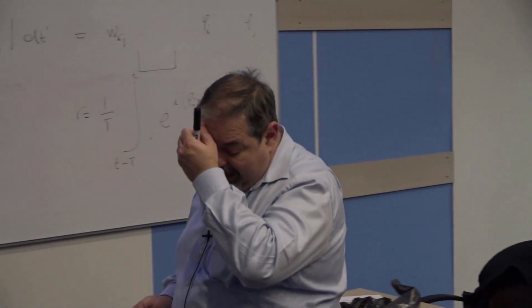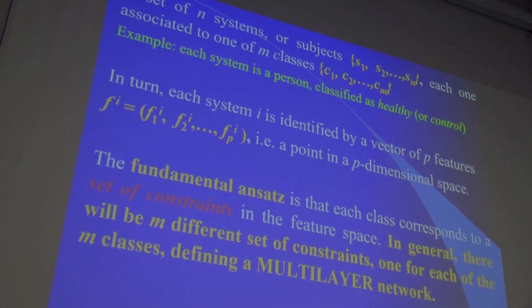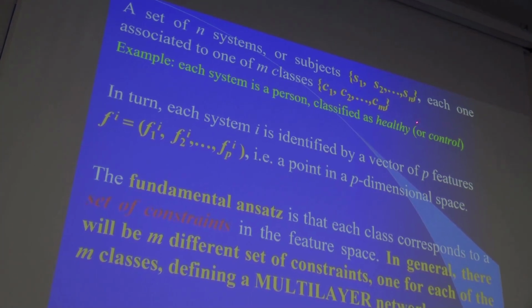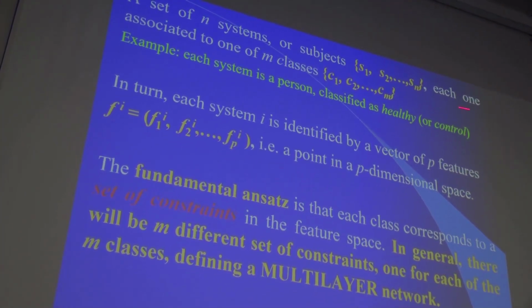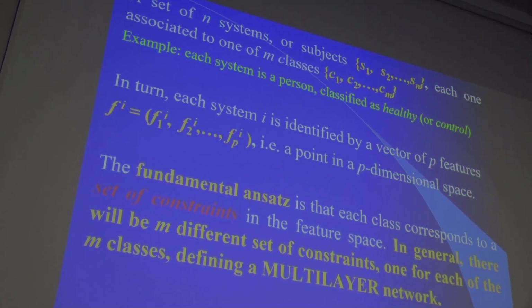And the way you construct it is rather simple. Suppose that we have n people, n systems, or n subjects. These are all the people who go and take the blood test. These are the labeled people, because they are associated to one of M classes, C1 to Cm. In the simplest case, there are only two classes, control people, healthy, and sick, okay? So I have these data sets,